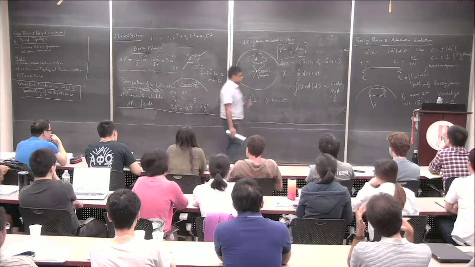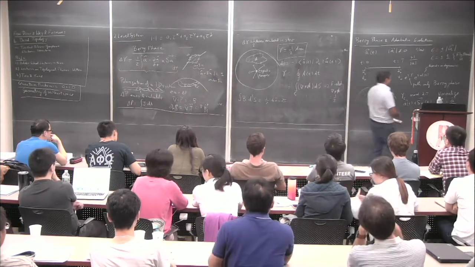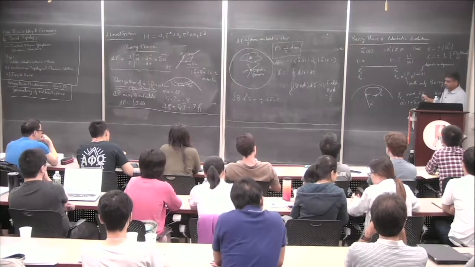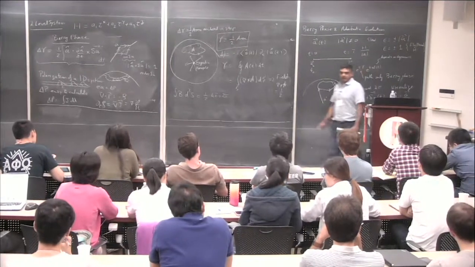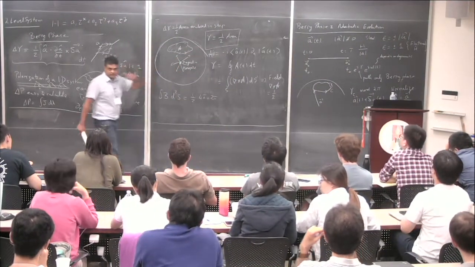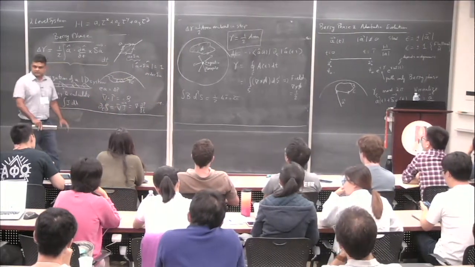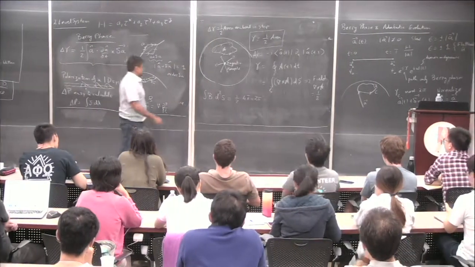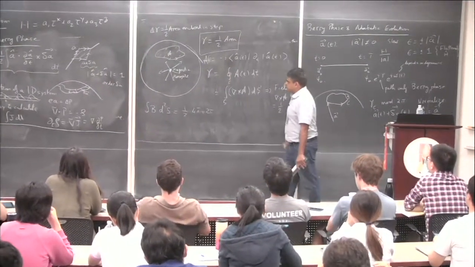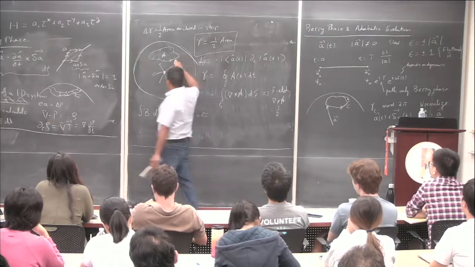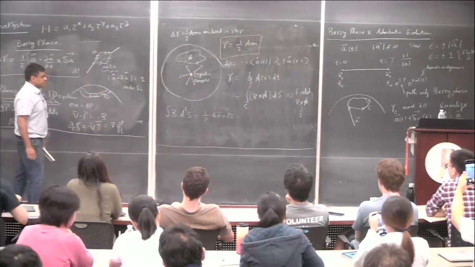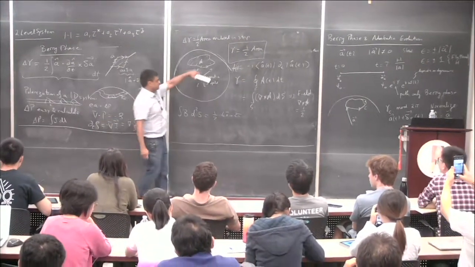Let's go back to this ambiguity, which turns out to be important. I said that there's an ambiguity when we define the Berry's phase. You can have this gamma being off by 2 pi. So how do you see that ambiguity? Because here it seems like you have a perfectly well-defined expression for the Berry's phase. But if you think about it, what is this area that you're talking about? We're using some sort of right-hand rule and taking the area that's inside over here, and we're saying the Berry's phase is related to this area A.